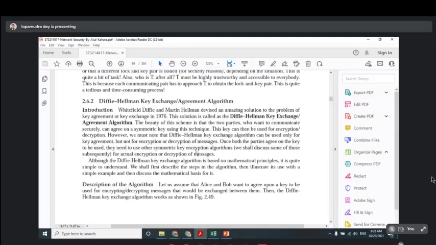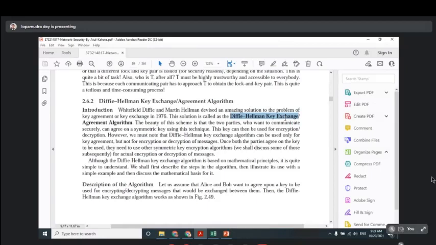This is the main issue of the key exchange problem. To solve it, Whitfield Diffie and Martin Hellman derived one solution. These are the two scientists who designed one amazing solution to this key exchange problem. That's why this method is called the Diffie-Hellman key exchange algorithm. This is the procedure for generating the key. Diffie-Hellman is not an example of symmetric or asymmetric cryptography. It is not an algorithm for conversion of plain text to ciphertext. It is the algorithm for key generation or key exchange.